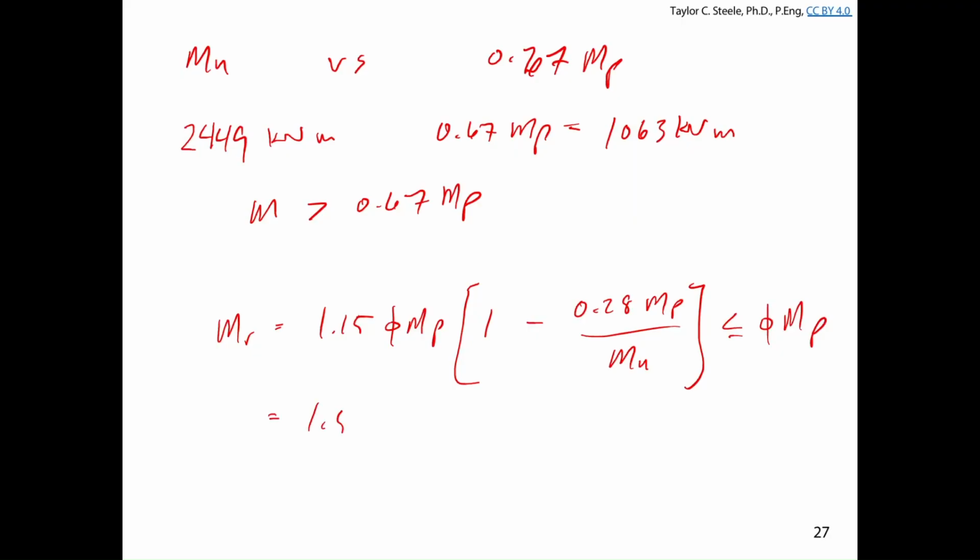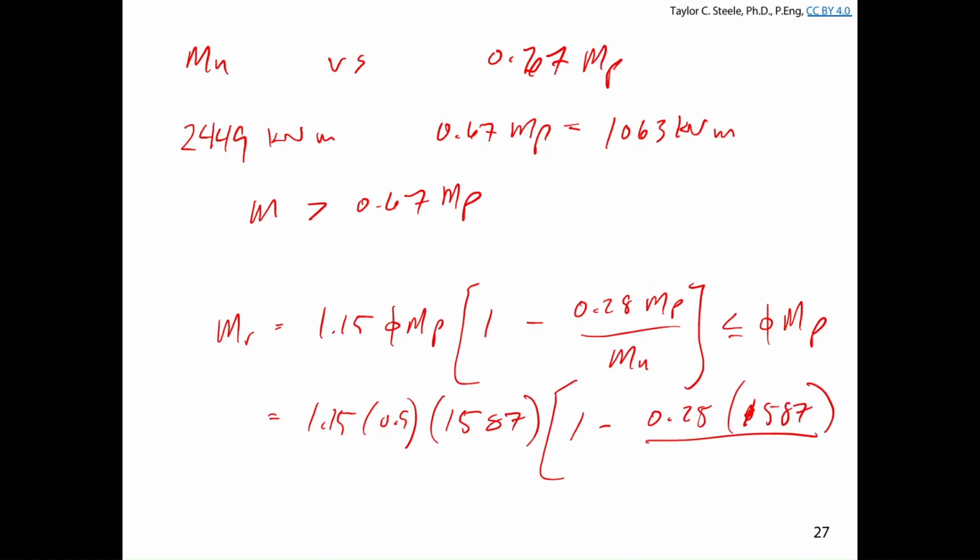So we get 1.15 times 0.9 times 1,587 times 1 minus 0.28 times 1587 divided by 2,449. That equals 1,345 kilonewton meters. And we have to check that that's less than or equal to phi MP. 0.9 times 1587 is